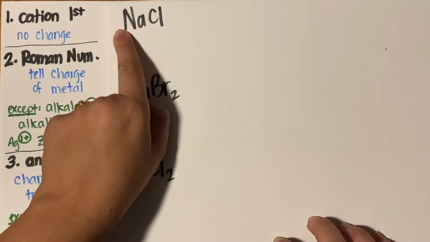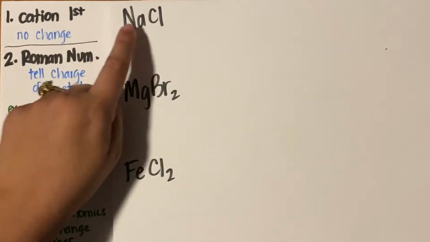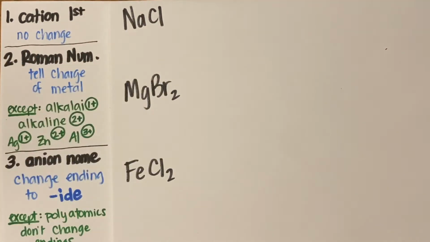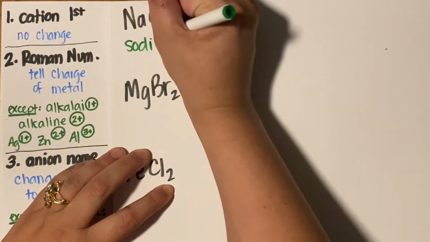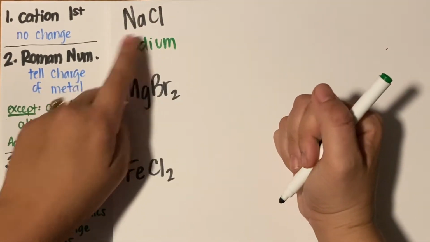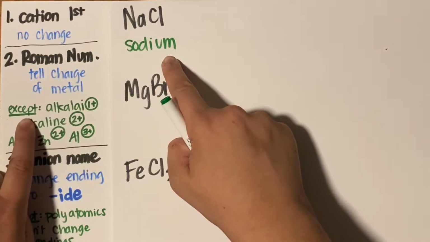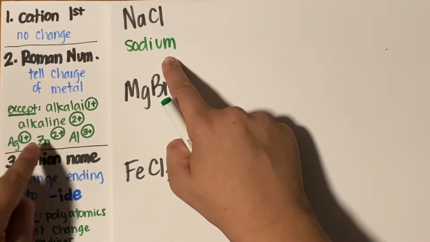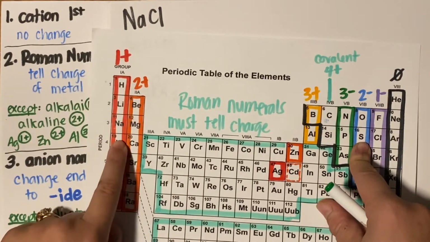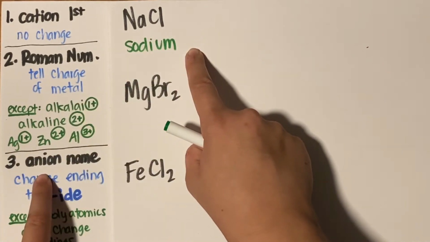So here we go. I have this name, right? NaCl. So rule number 1 is that the cation name comes first. So Na, this is sodium. There's no change in the name sodium, so I literally just write out sodium. Okay, boom, sodium. Then I need Roman numerals to tell what charge my sodium is, except if this is an alkali, an alkaline, or silver, zinc, or aluminum. Sodium is in my first column, so I do not need Roman numerals here. Okay, so no Roman numerals,